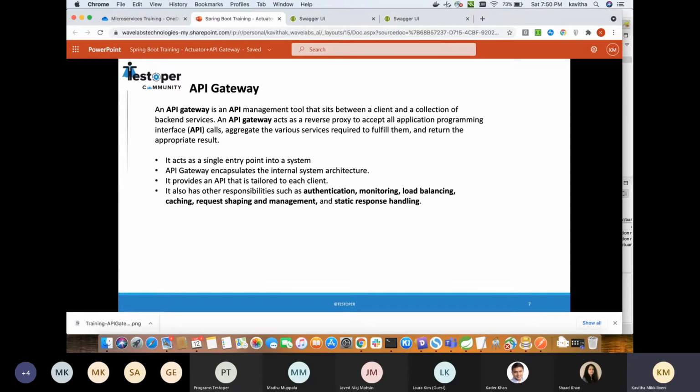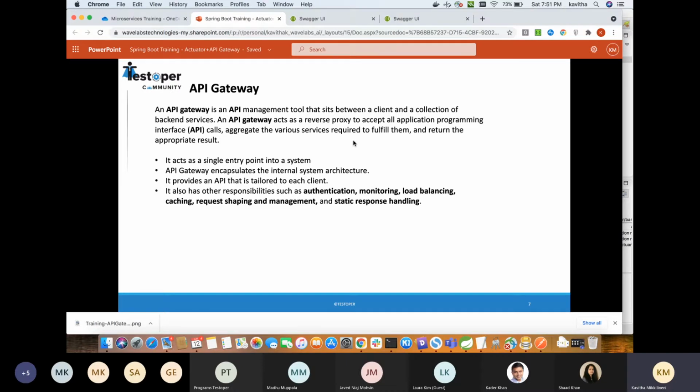So that can also be custom tailored for each client. It also ensures that other features, like authentication, monitoring, and especially load balancing, are handled by the API gateway. So the API gateway acts as a single entry point, ensures that all the underlying APIs are not exposed outside, and ensures the authentication and other features are also maintained.